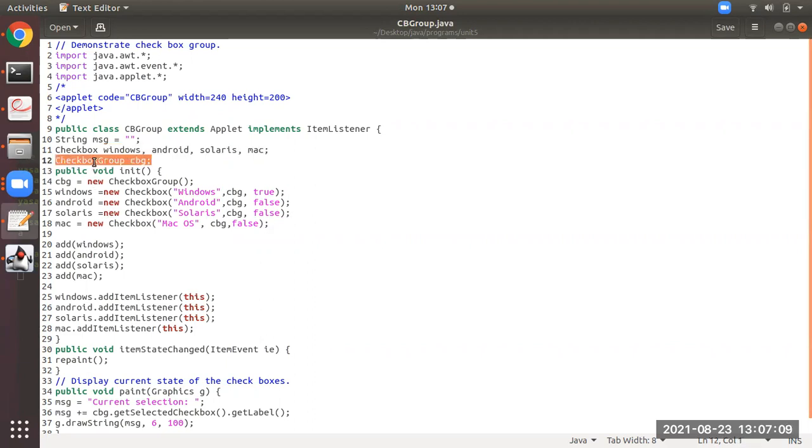After that, you have to give a reference for the CheckboxGroup class. Then in the initialization phase, please concentrate. To make these checkboxes be represented in the form of radio buttons, first of all you have to instantiate CheckboxGroup. It is declared here. You have to instantiate.